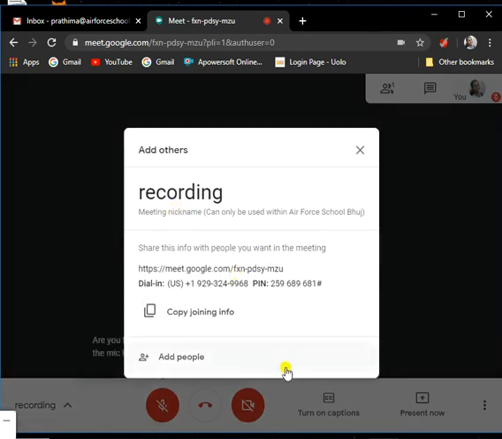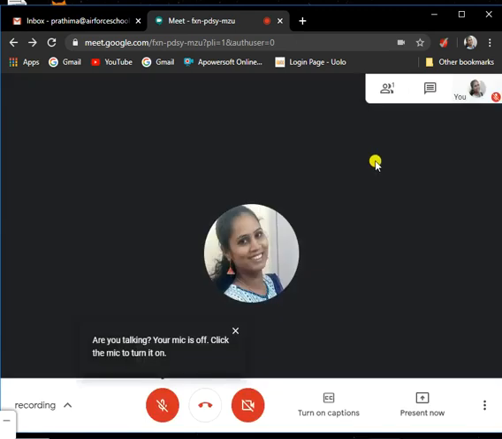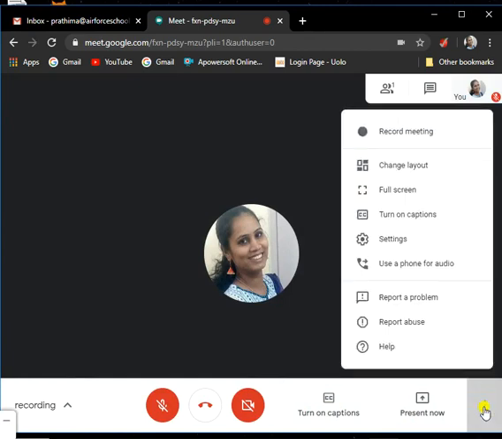Right now I don't want to add any people, I don't want to invite anyone, so I'm just clicking on cross. Now you can see here at the bottommost corner, 3 vertical dots. You just click on it.